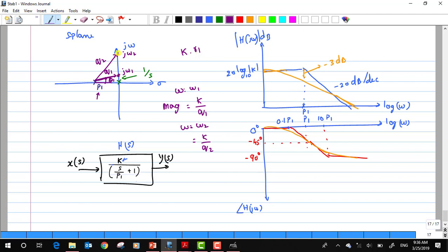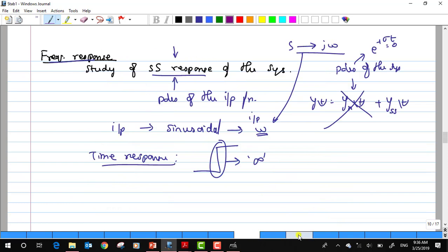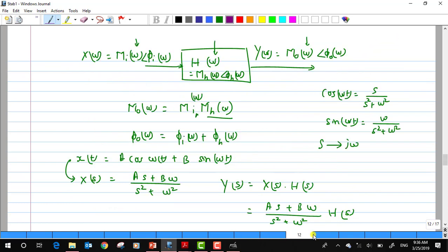These are my poles. J omega is nothing but the pole, right? Yeah, so these were the poles, right? What we did is, we try to analyze this,